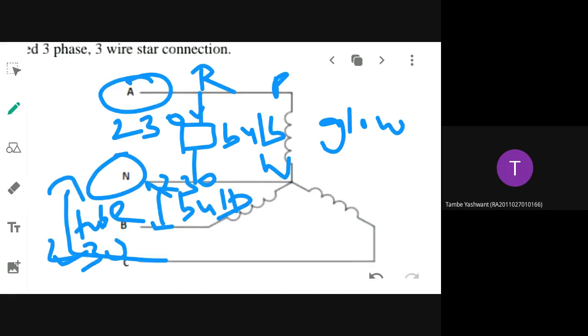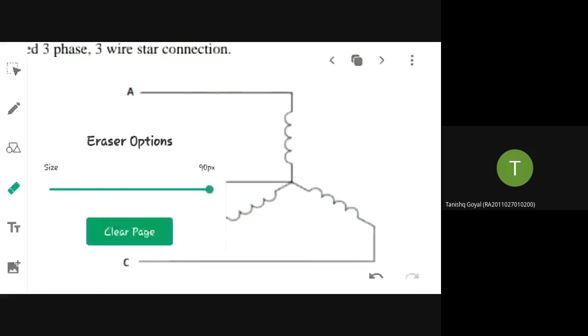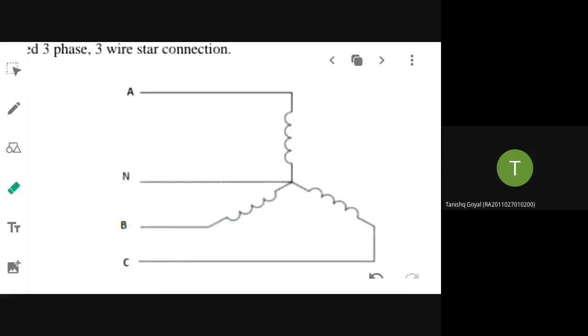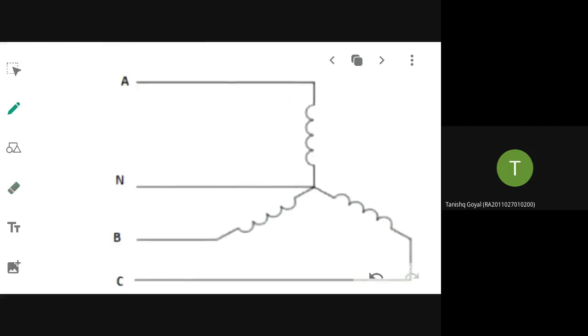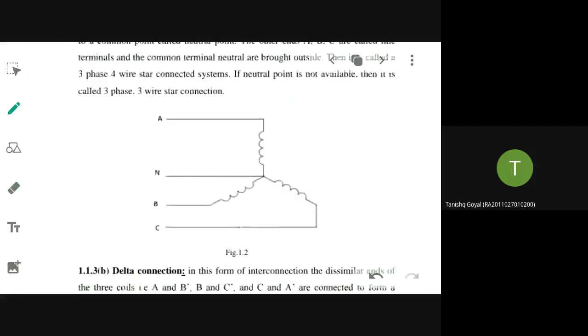Understood now? Ma'am, can we glow the bulb with delta connection? I think it's not possible. But there are certain other loads which require delta connection. Suppose if you see a three-phase supply, three-phase motors and all are running on three-phase supply only. So in that case, you will connect 430 volt, three-phase, again 50 hertz. This is three-phase connection.